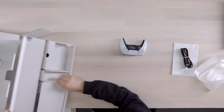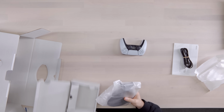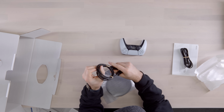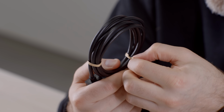Let's get to the main attraction here. Oh, not quite main attraction level yet. First, we have a couple more components to look at. So over here is our HDMI cable. And as mentioned, it's got to be a high-speed HDMI cable to support all that throughput for 4K 120 or 8K,